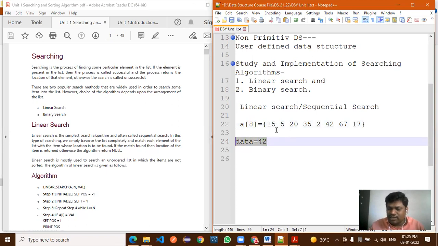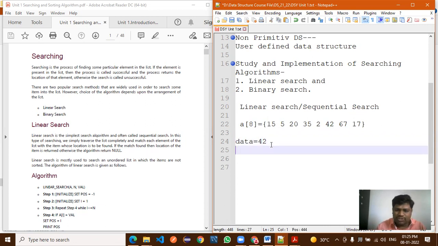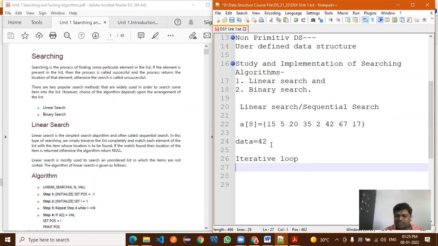Now from this array, I want to search the 42 element. Now how to search? Here we'll use one iterative loop concept. We will use a for loop to search the 42. Now directly we'll write the linear search concept here.